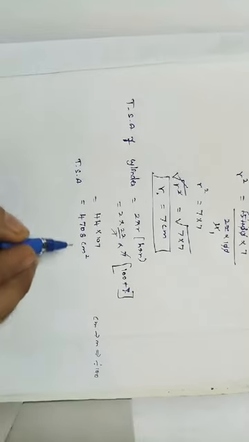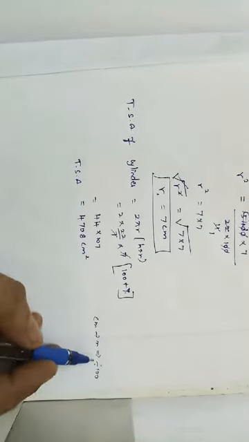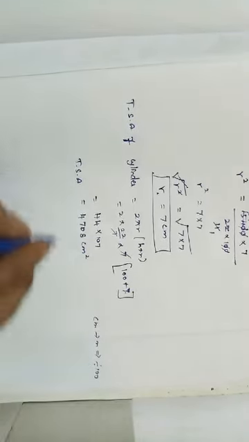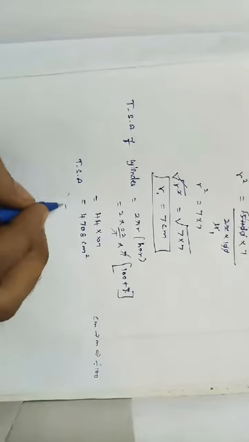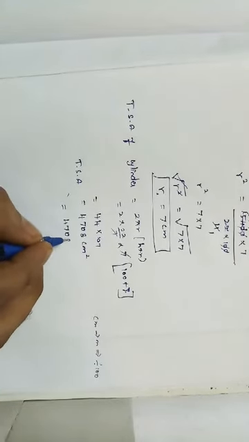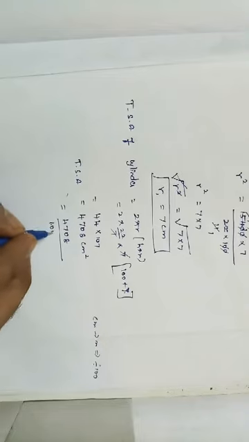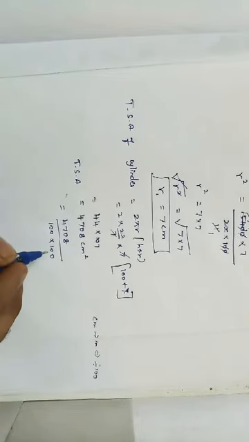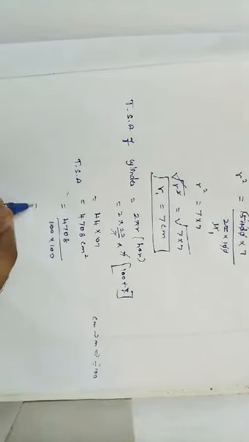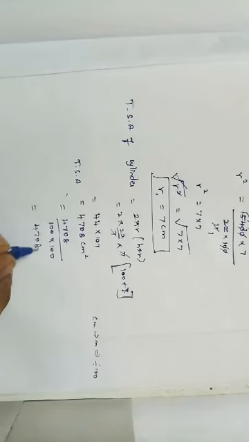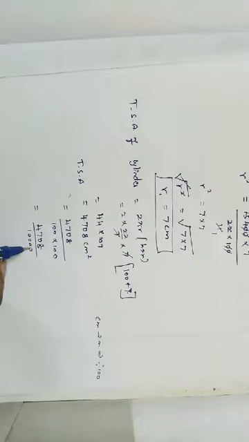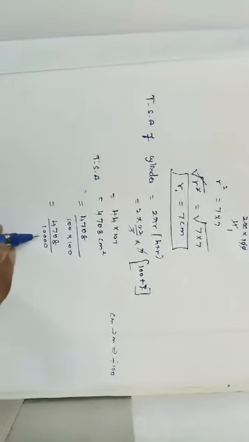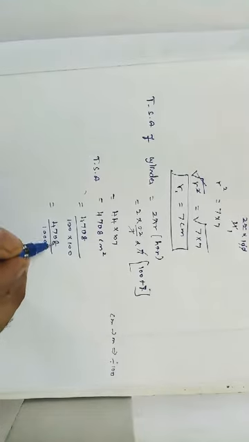Divided by 100, centimeter square twice. So we have to divide by 100 twice. So it is equal to 4708 divided by 100 into 100, which is 4708 divided by 10,000. Dividing by 10 means we put a point before 1 digit. Here there are 4 zeros, so we put a point before 4 digits.